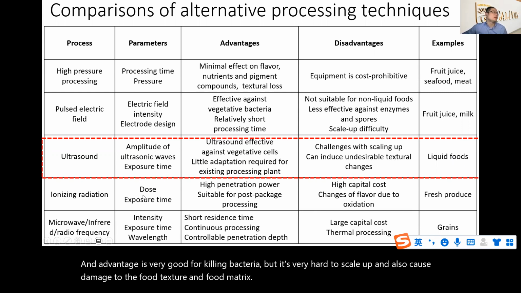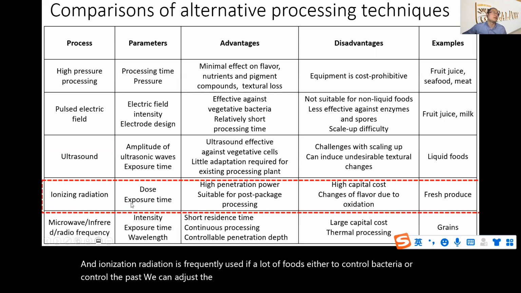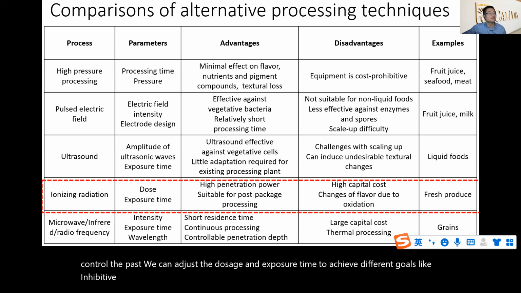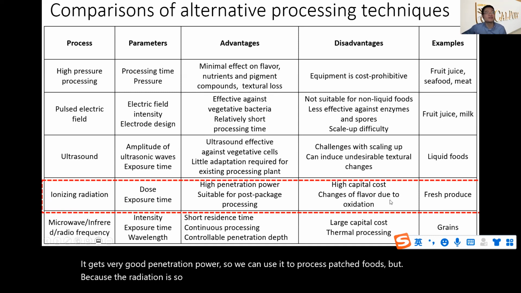Okay. And ionization radiation is frequently used for a lot of foods, either to control bacteria or control pests. We can adjust the dosage and the exposure time to achieve different goals, like inhibit the sprouting, kill bacteria, or achieve a complete sterilization. A good advantage is it has very good penetration power, so we can use it to process packaged foods. But because radiation is so dangerous, the capital cost is high to ensure the safety, and also because